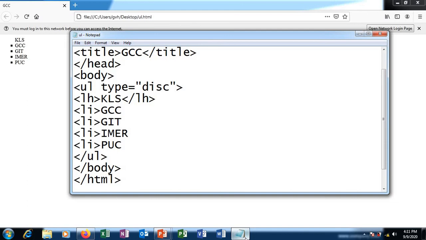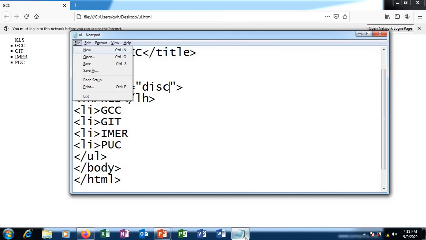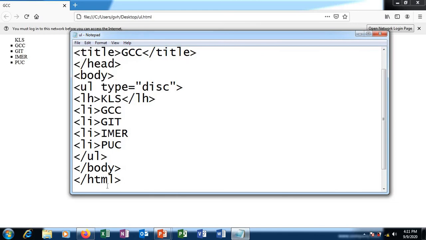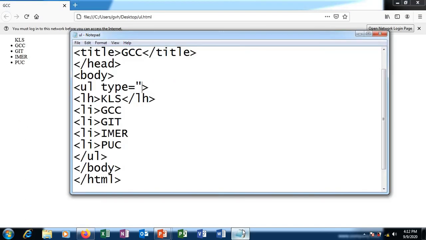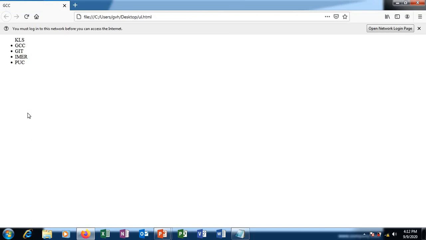Because by default HTML selects the unordered list type as disk itself. Save the changes. F5. What you get is a filled circle, and even without mentioning any type, what you will get is a filled circle, that is disk itself. So by default, the ul type will be disk, and the other 2 variations that we can have are circle, an empty circle, and square.